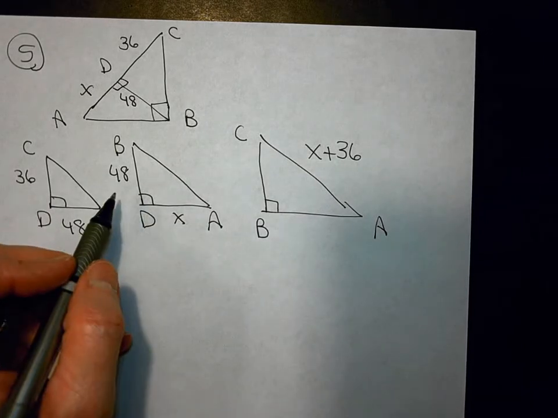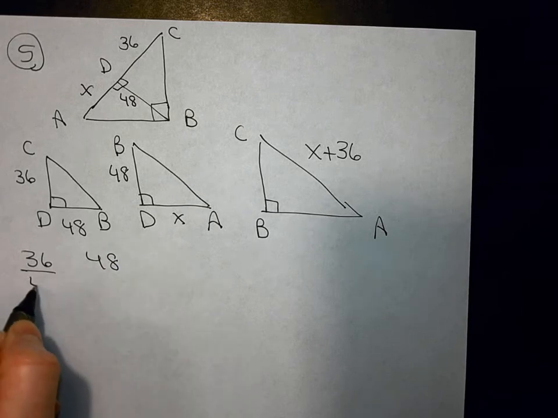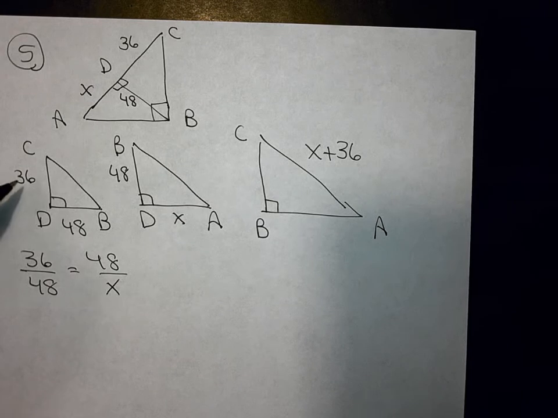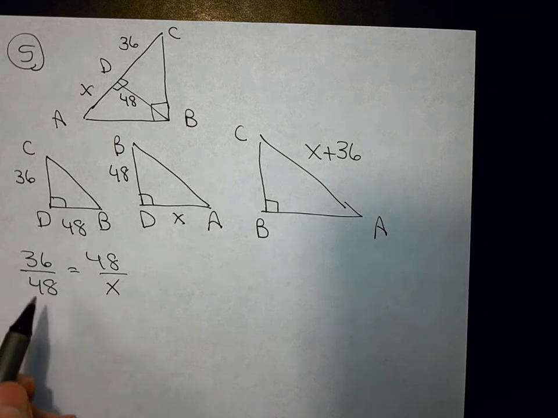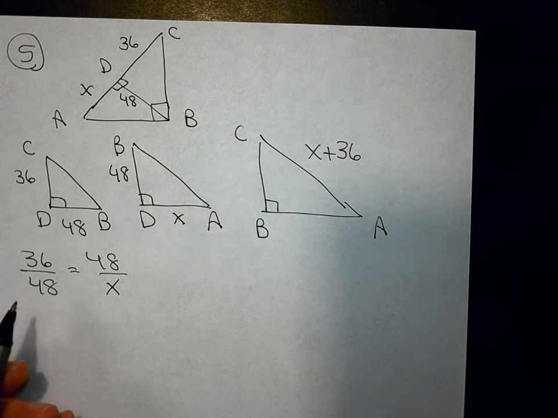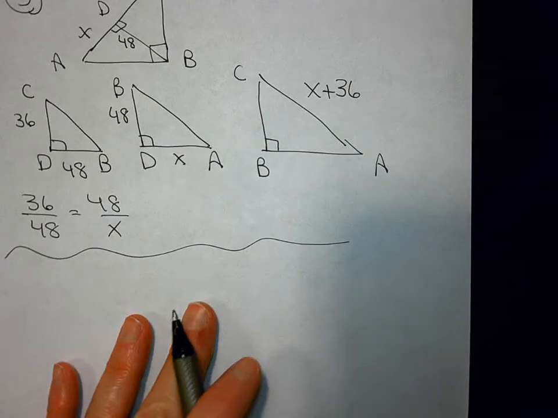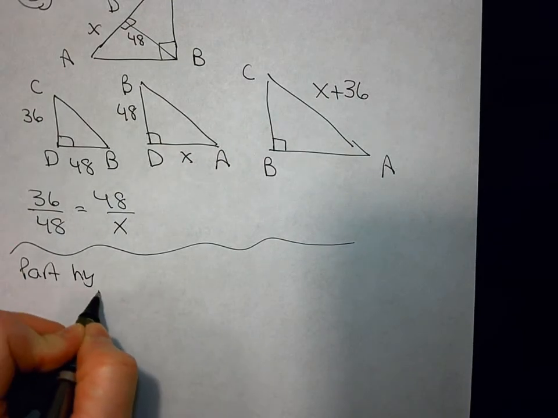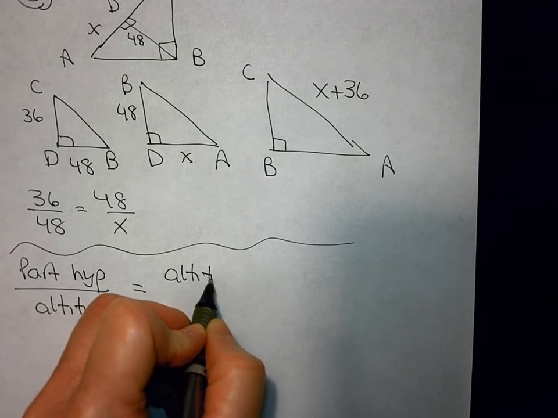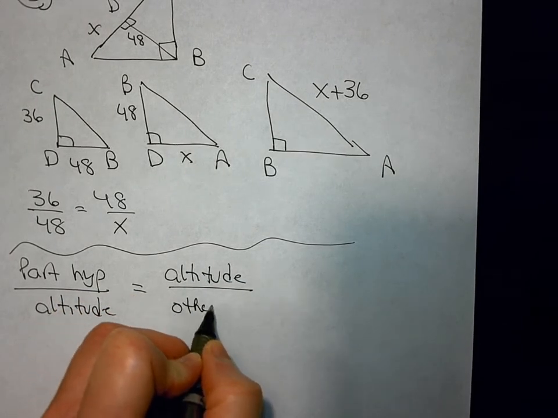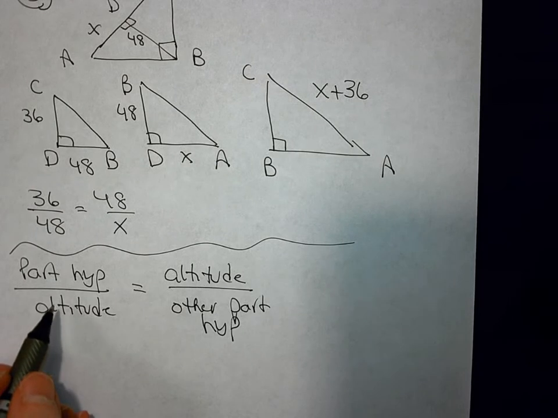So if you look at our two triangles here, we can set up a ratio, so 36 to 48, 48 to x. So we did short side to short side, long side to long side. So we would now solve 48 times 48 equals 36x. If you're using the second method, you're doing part of the hypotenuse to the altitude, and then altitude to the other part of the hypotenuse. So in that case, if you look at our original picture,